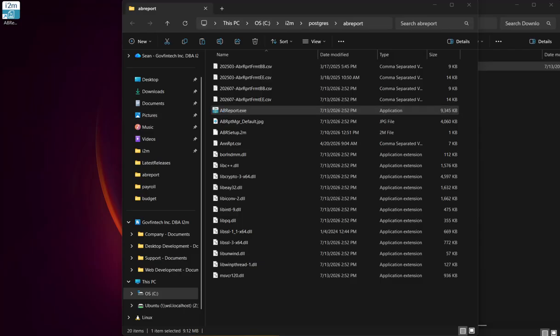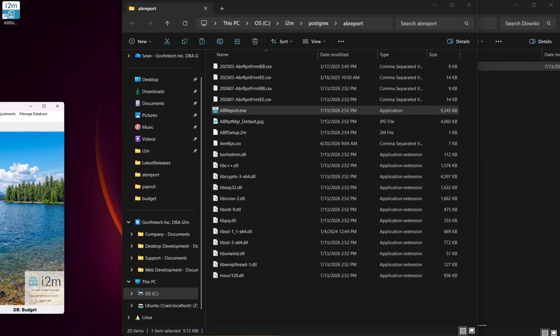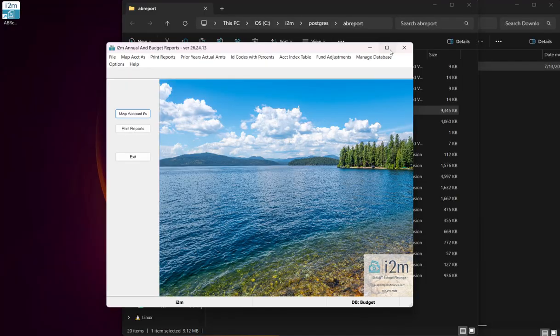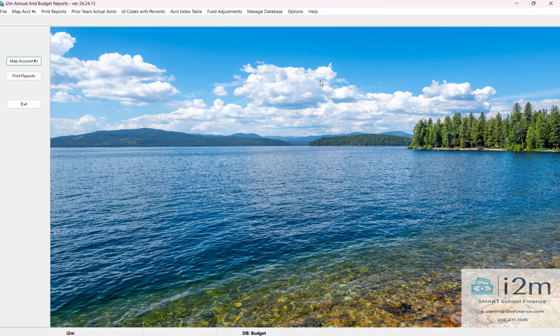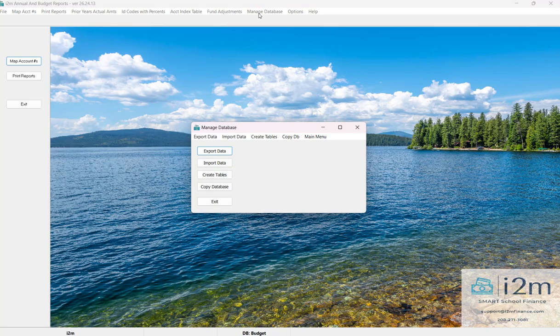And once you've logged in, there's a second set of steps that you need to take. I'm going to go ahead and pull our updated ABReport program over here and walk you through those steps right now. So the very first thing you want to do after completing the updated files is go to Manage Database and